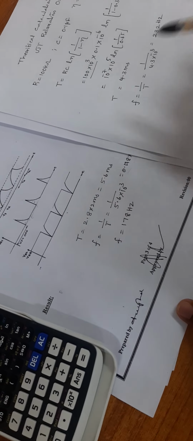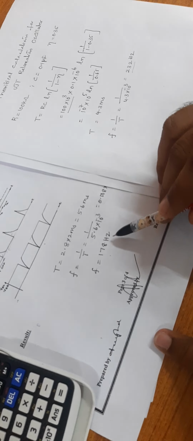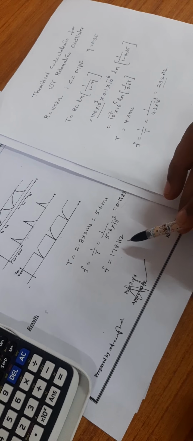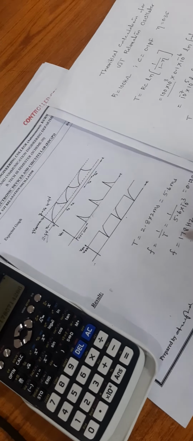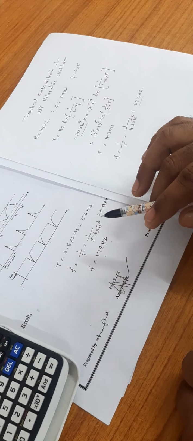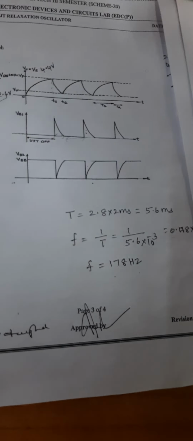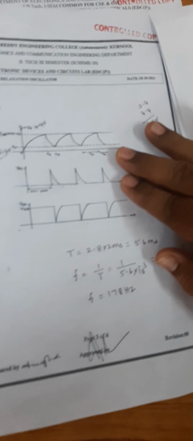The theoretical frequency is 232 Hertz and the practical frequency is 178 Hertz. So we can vary the frequency by varying the value of resistor R to get the required frequency for the oscillation of the circuit. So these are the theoretical calculations, and next we can connect